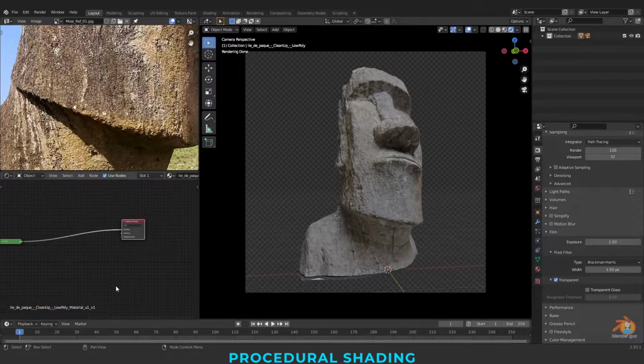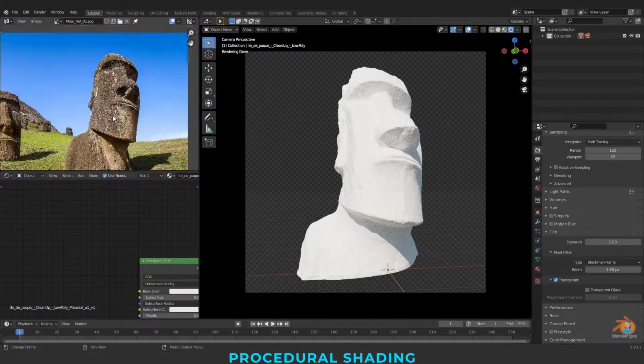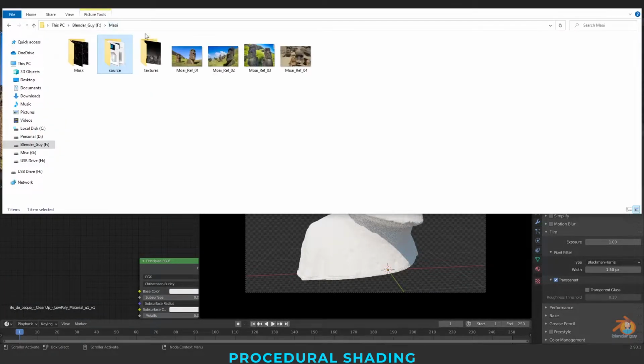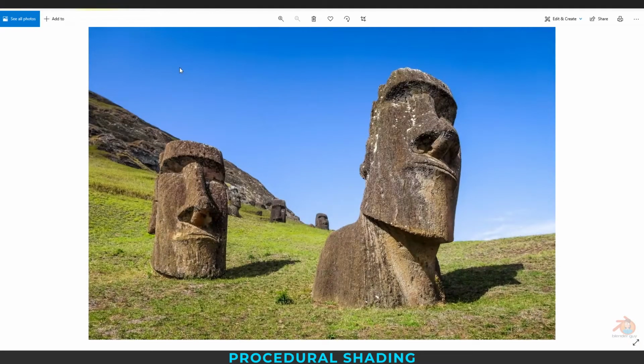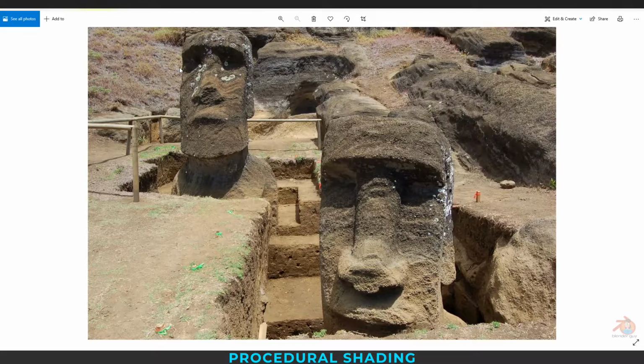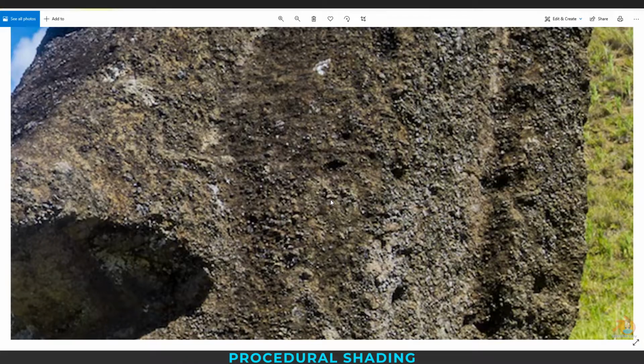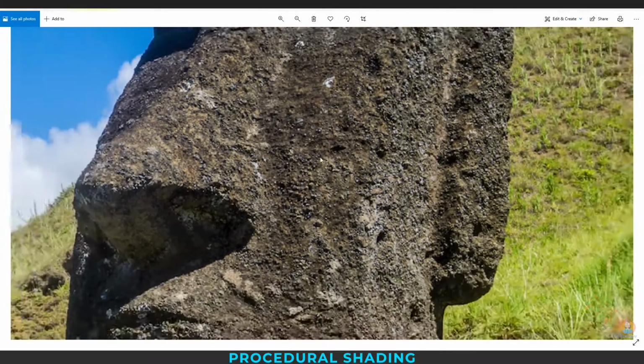So I'm taking a new Principled BSDF, Shift A. Let me show you the references first. Actually, most of them are closer to this, so let me take this as a main reference.